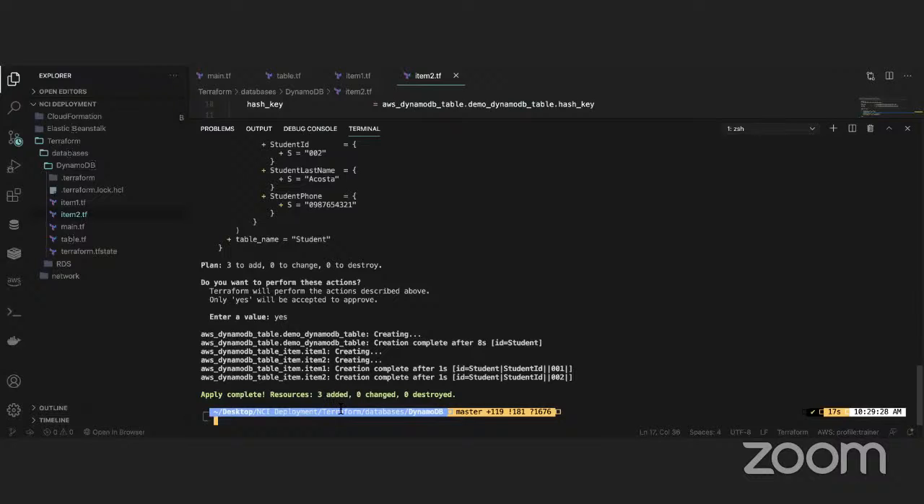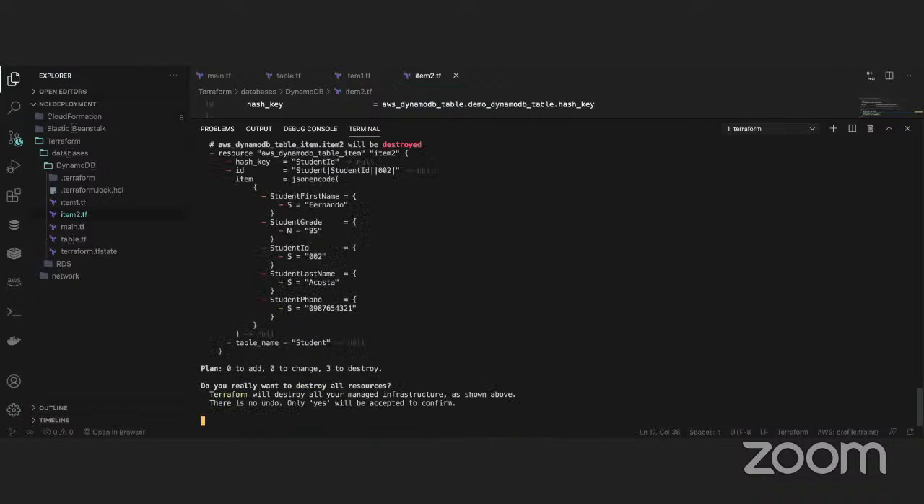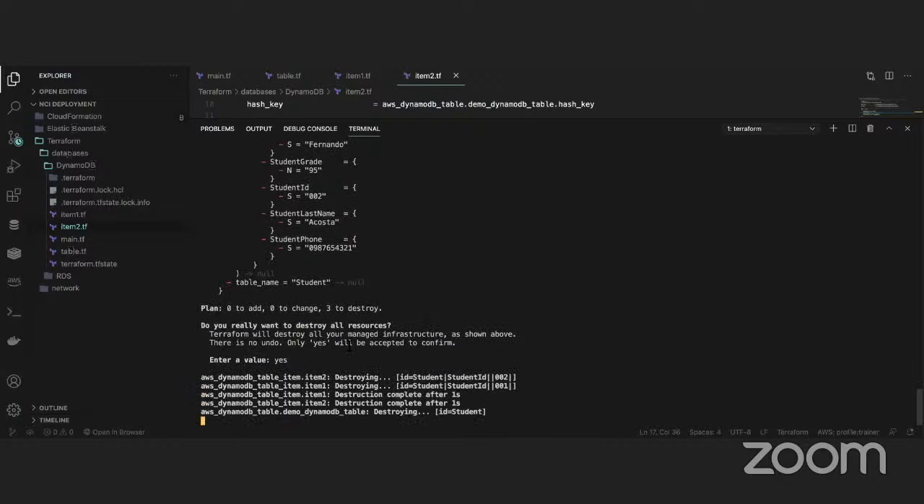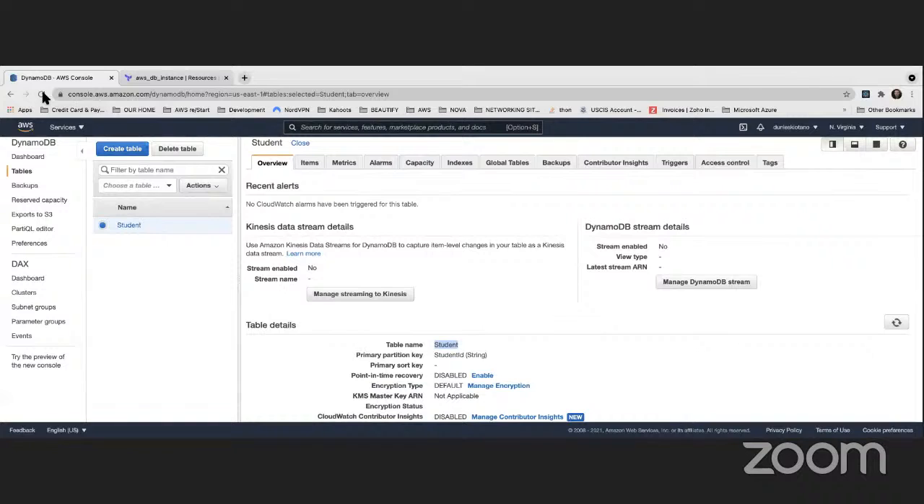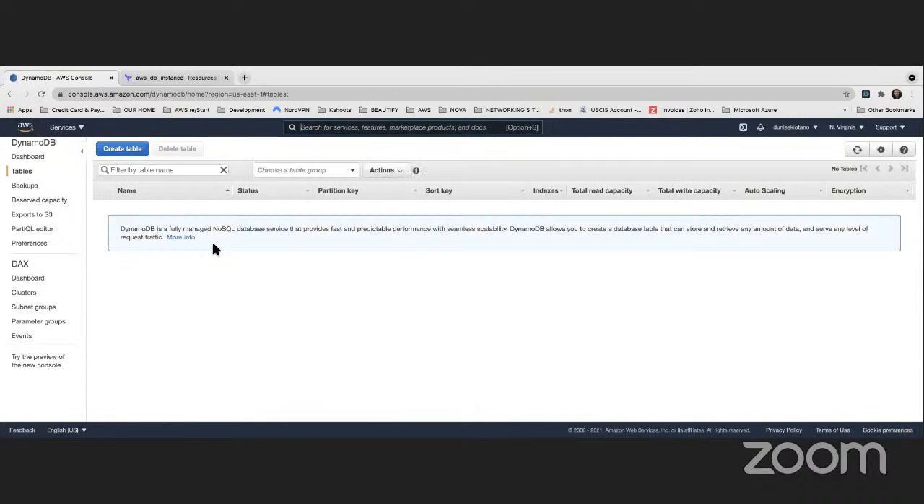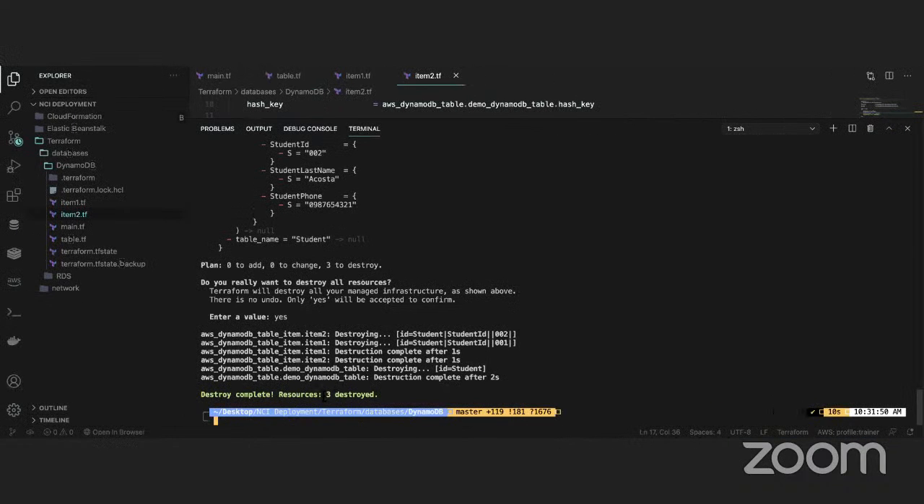Now what we have to do is go ahead and roll back, just bring everything to what it was before. So we terraform destroy. That's going to ask us for approval. We say yes. And then it will delete the table for me. It's going to be a very quick process. As you can see, the table is deleted immediately. 3 resources